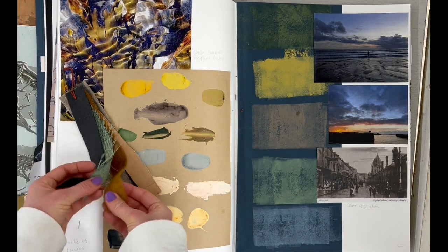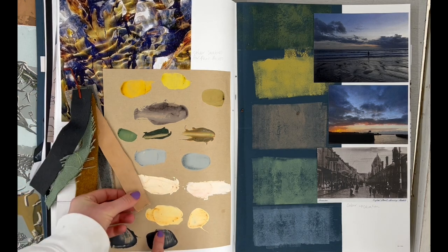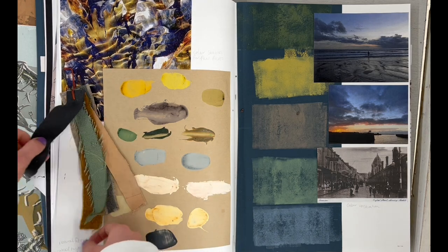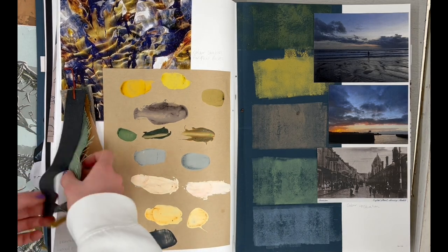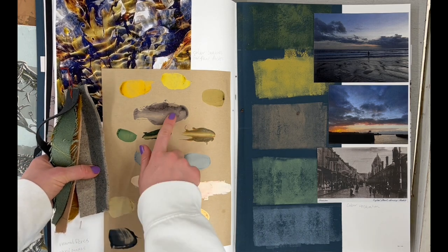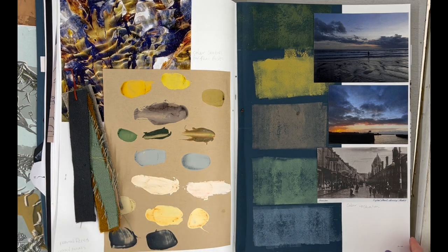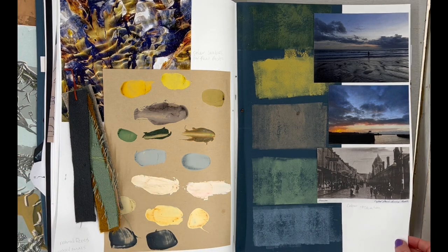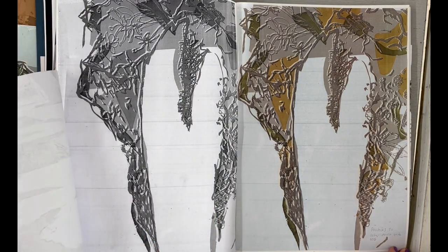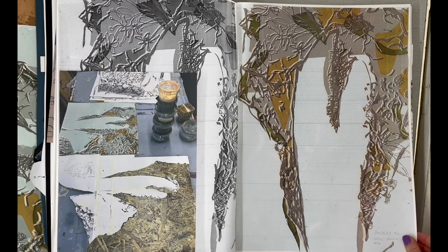Here is colour swatches that I've been looking at different materials, dyeing fabrics myself, as well as screen printing pastes and binders in different shades and colours, mixing, taking good care to mix the correct colours for my colour palette. I'm quite pleased with the way these came out in the end. I also looked at doing them on the OSB board because that's where I was going to be printing onto. Here are some of the designs that I've screen printed. These were just testers to make sure I got the colours right, as well as making my own stencils for